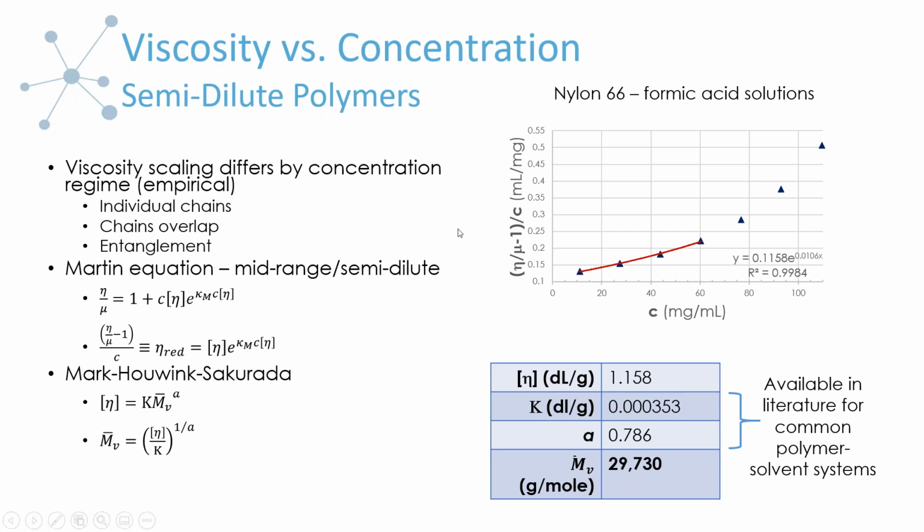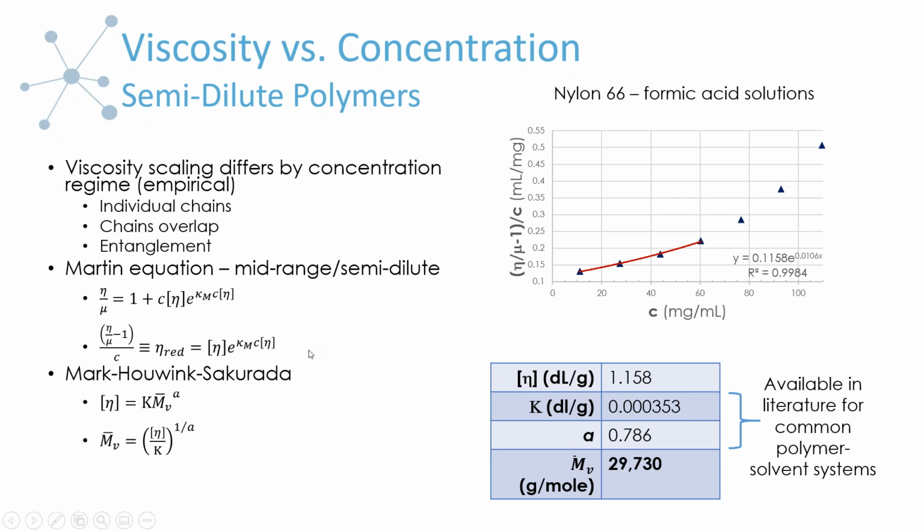But for my particular experiments that I was doing here, I didn't have data that was dilute enough. So what I was able to do is utilize a different model equation that exists for the mid-range concentration or the semi-dilute regime. And so this is referred to as the Minton equation. I've changed my notation a little bit here. Now my relative viscosity, I'm referring to this solvent viscosity as mu. But once I rescale everything, I still get this reduced viscosity, which we've defined earlier, which is relative minus 1 over concentration.